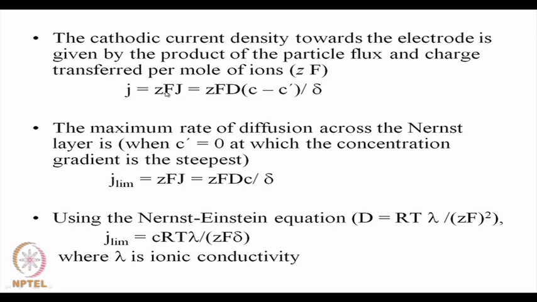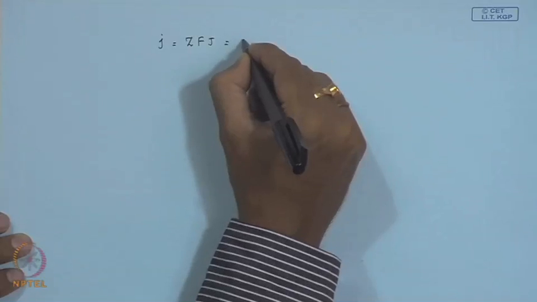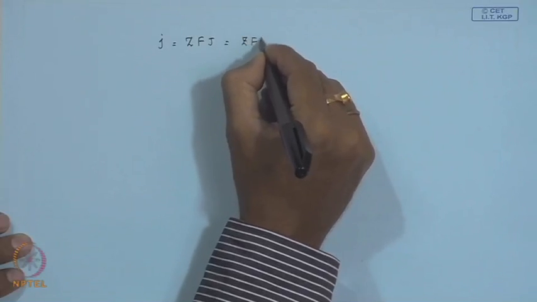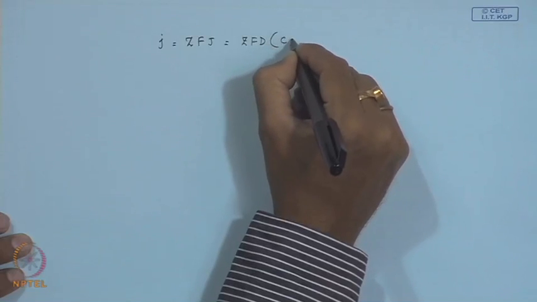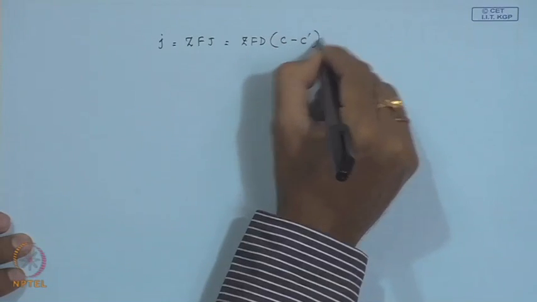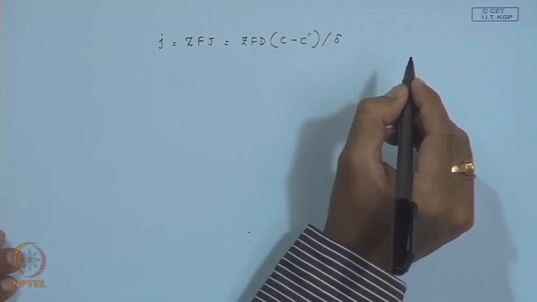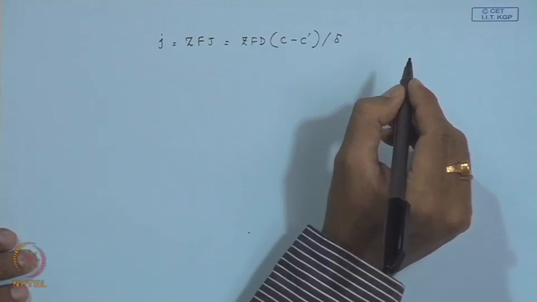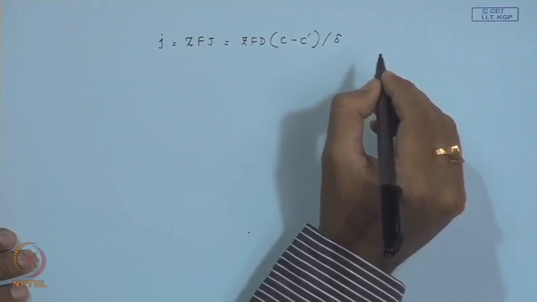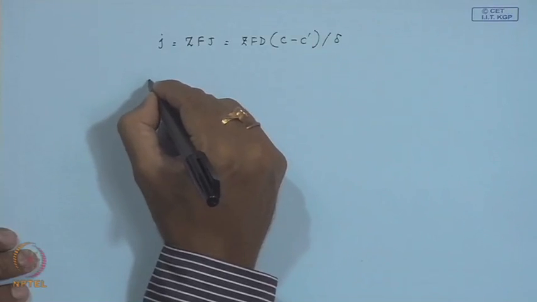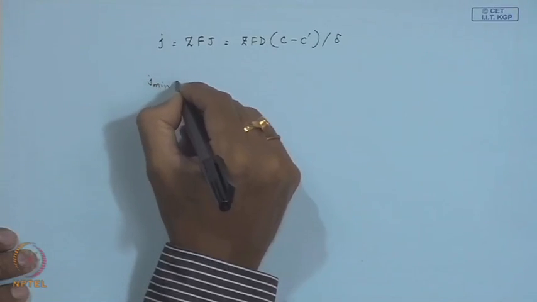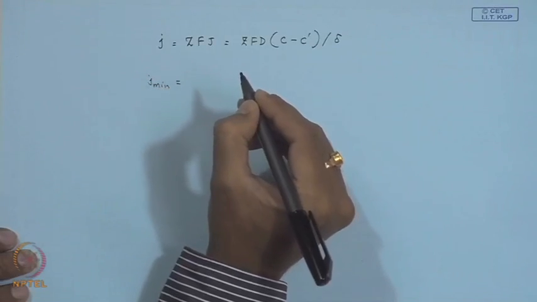J is this particle flux, and the charge transferred is Z into F. So, basically it becomes Z F D (C minus C prime) divided by delta. Okay. The minimum rate of diffusion across the Nernst layer. Okay. So, minimum rate J min will be